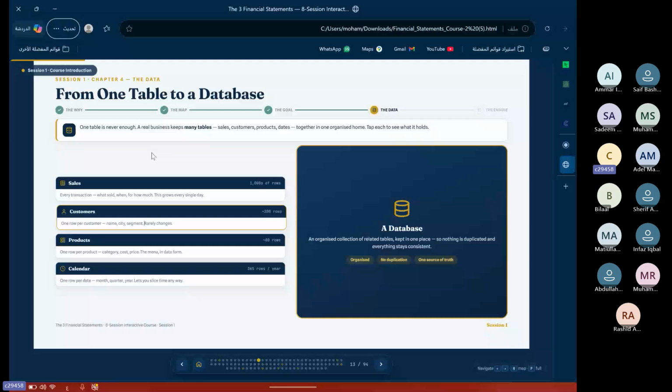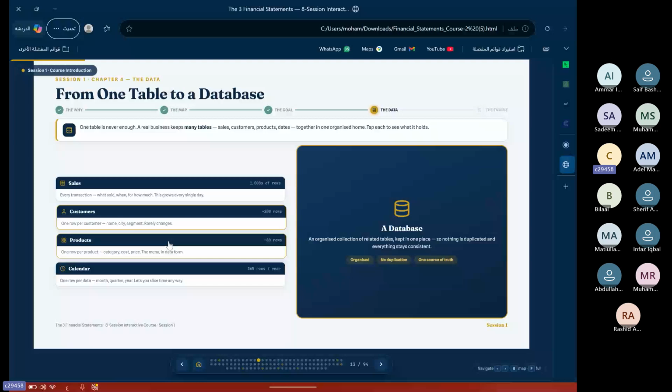No, we will make it only 3 or 4 columns with the same 1 million rows, and for our customer only three rows. Product 5 rows. Calendar, it will be as what we will cover. So you move from one big table to a database, and we will explain it more, inshallah.